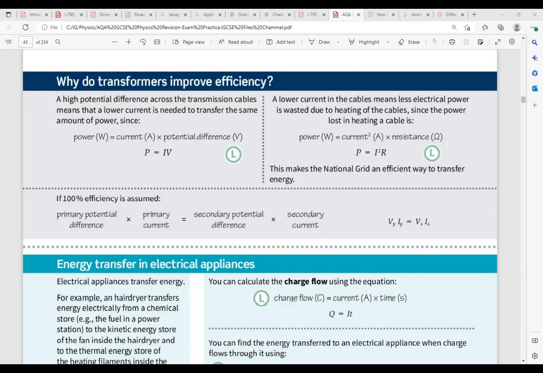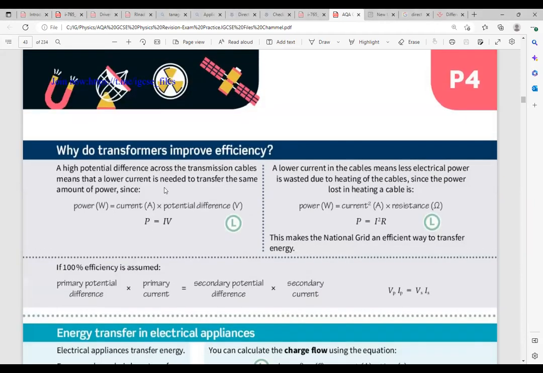Okay, I saw your answer. So I think now the relationship between I, V, power and R is very clear. So we are going to go back to here. How do transformers improve efficiency? A high potential difference across the transmission cables means that a lower current is needed to transfer the same amount of power. Power equals current multiplied by potential difference. A lower current in the cable means less electrical power is wasted due to heating of the cable, because the relationship between current and power is directly proportional,